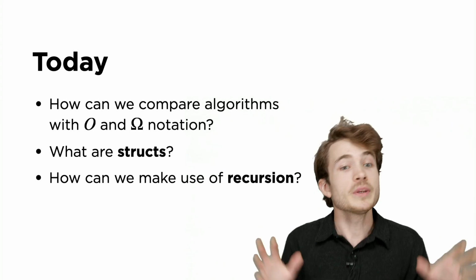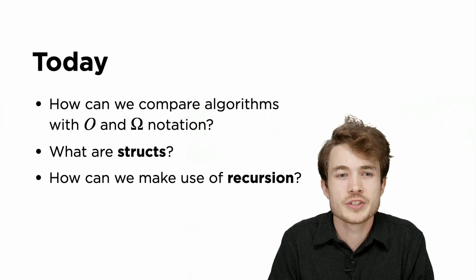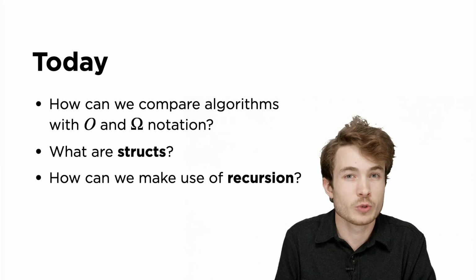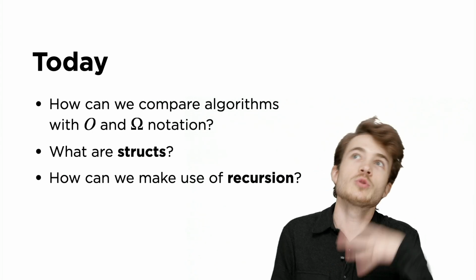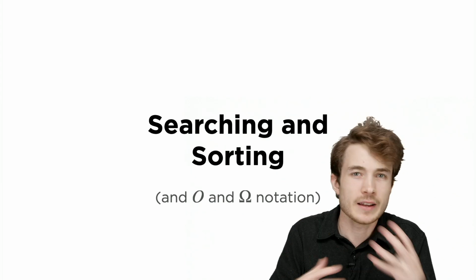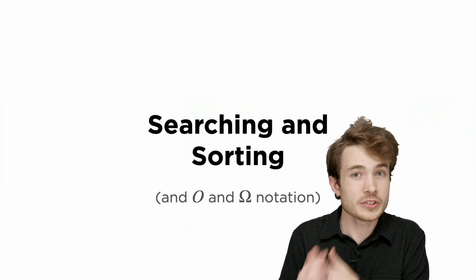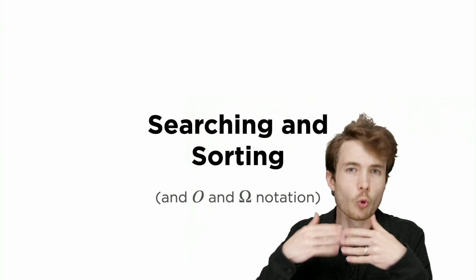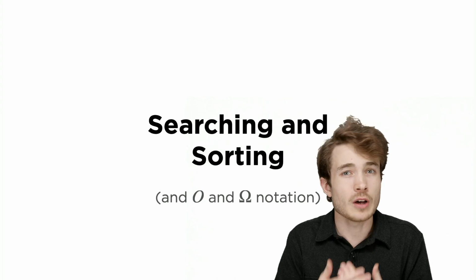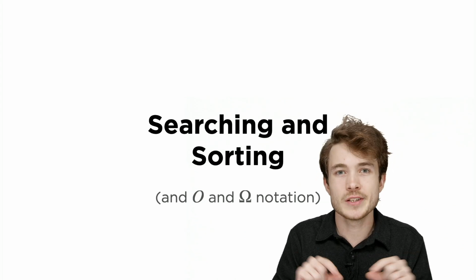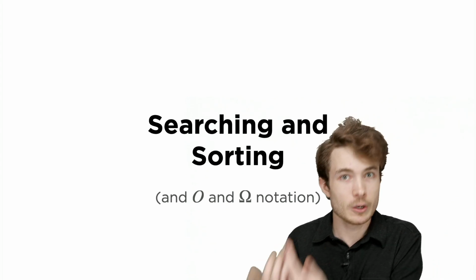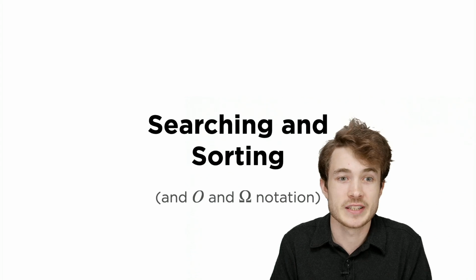So let's begin by jumping into our very first topic, which is how we can compare algorithms. And in lecture, we had two types of algorithms, if you will. One of them is algorithms we can use for searching, how we can find certain data from a data set. And then another type of algorithm for sorting, how do we order data to make things perhaps more efficient to search later on. And we also talked a bit briefly about these notations we could use to compare algorithms. You might recall big O notation and big omega notation. So we'll talk more about those in section today.